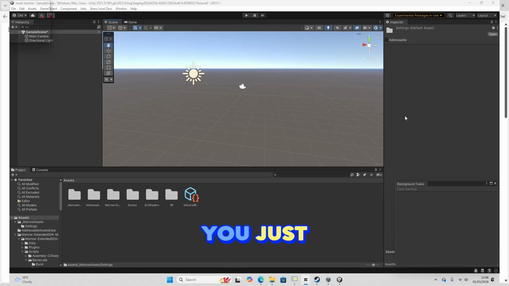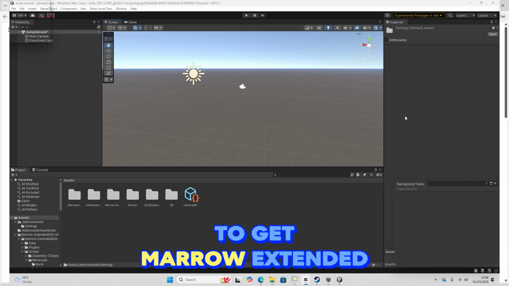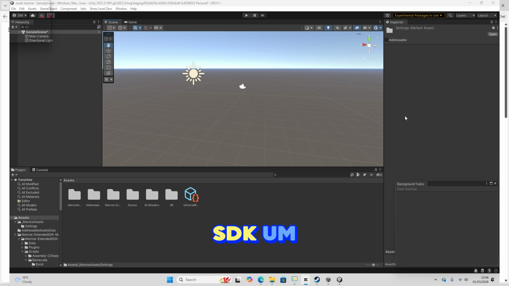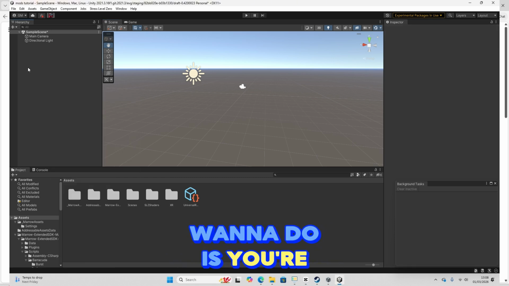Okay guys, so if you just watched the last video on how to get Marrow extended SDK, this video is about how to make items with the extended SDK. So basically guys, first thing that you're going to want to do is click up